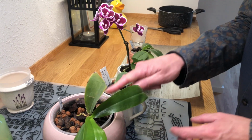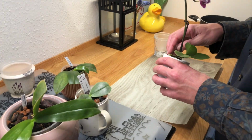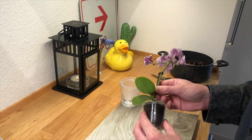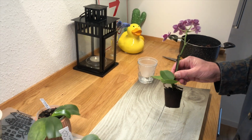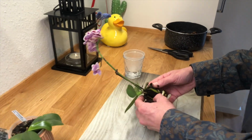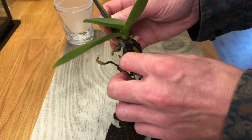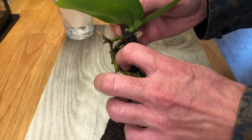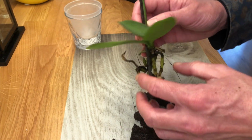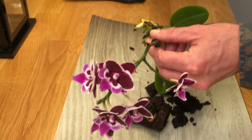These two we want to pot down, and these two need fresh repots, so I'm going to start with this one. I want this little pot to put this guy in, so we'll do this one first. I've got to wash that really good and sanitize it, so we'll take all this off, see what the roots look like. I mean, it doesn't look bad, actually. Growing in this media, we don't have very much success, so we try to repot all of our phalaenopsis when we get them. Put a little media down there,